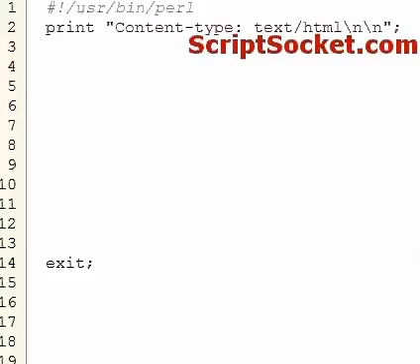Perl tutorial part 92, setting scope with my and local. The my keyword will localize a variable to just the local block of code, and my can work with scalars, arrays and hashes. So let's create a little subroutine